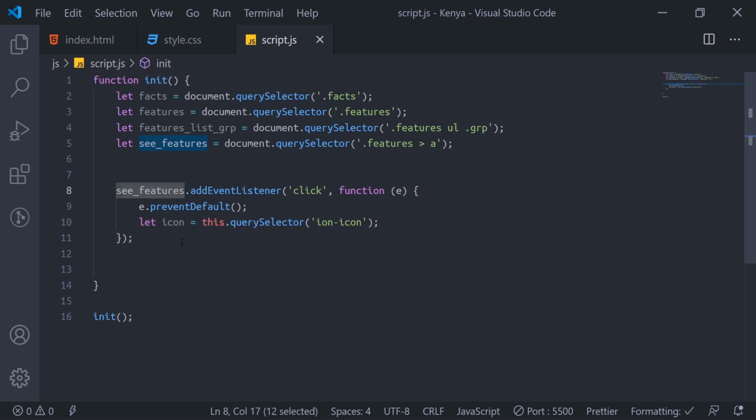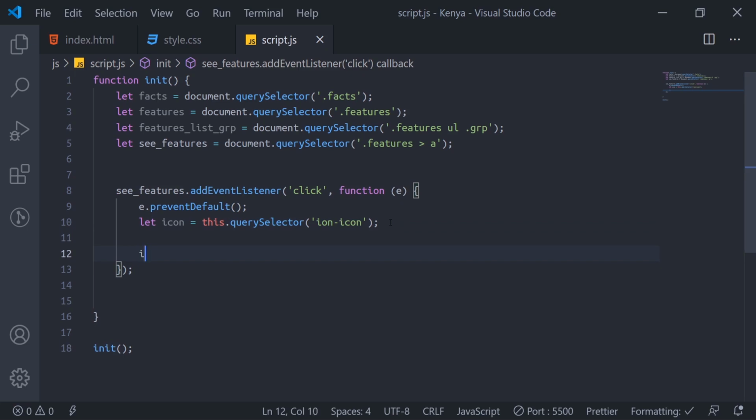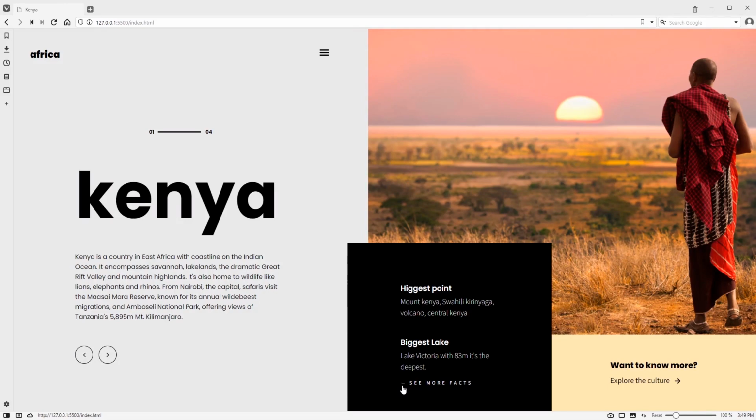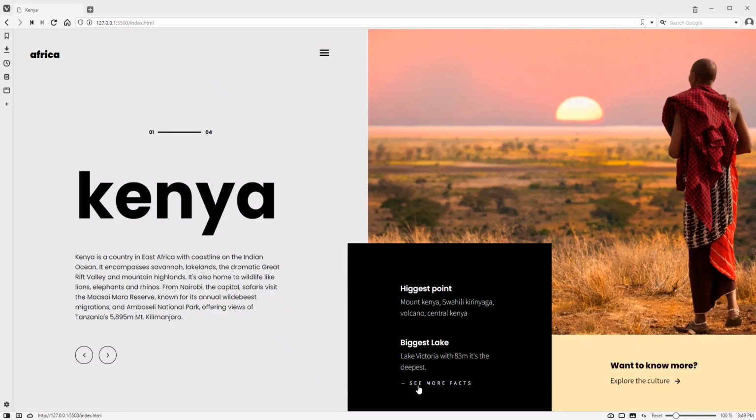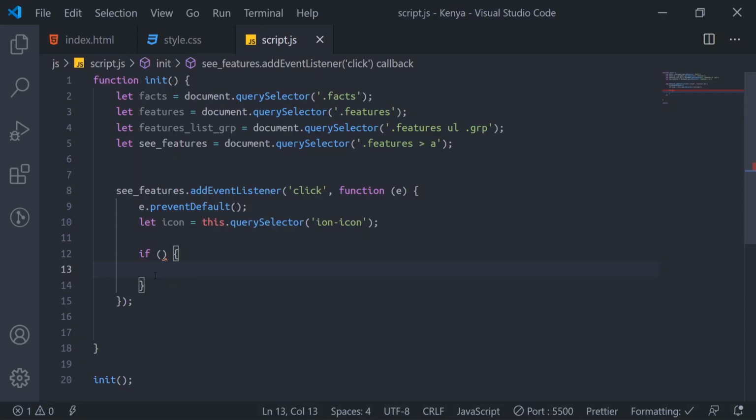You get. So now, say we don't grab the icon now. We don't save it inside this place now. What do we want to say now? We want to use if else. Check if this icon shows this hyphen or shows the X based on the click, because if we click once now, the thing is supposed to turn to X. Then one click again now, it's supposed to turn back to this hyphen. So we toggle the icon.